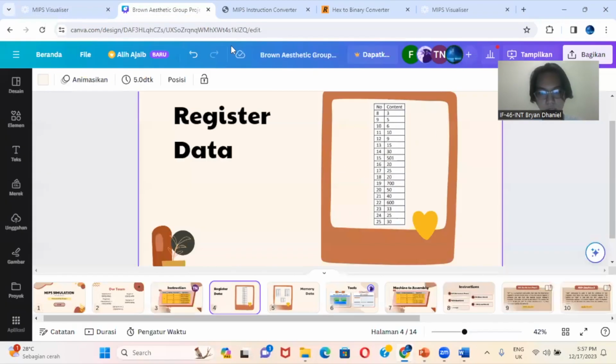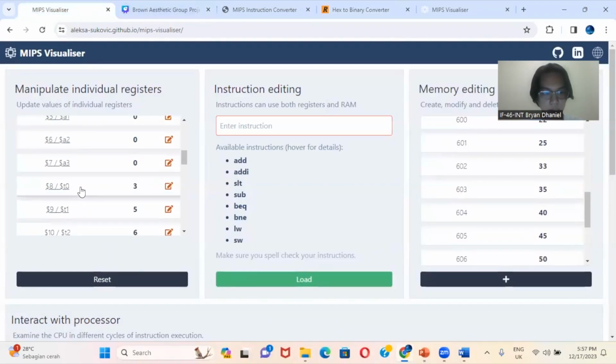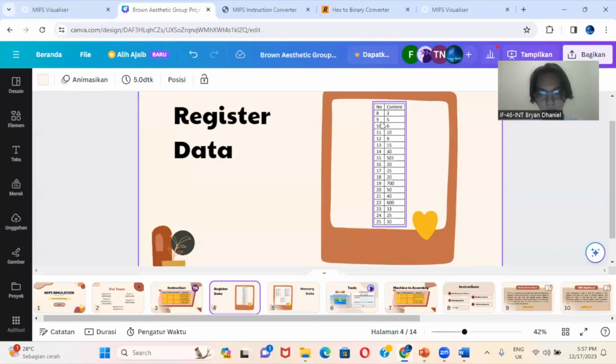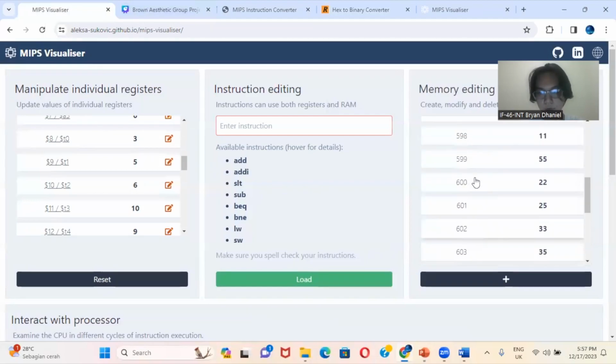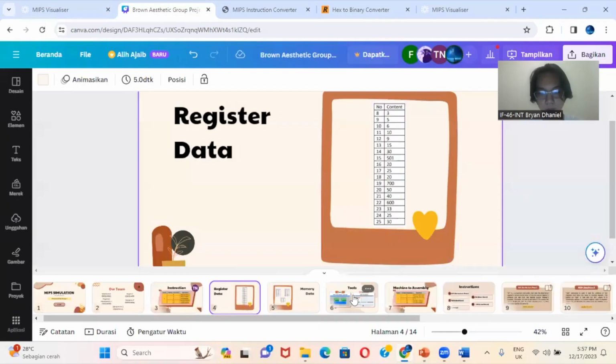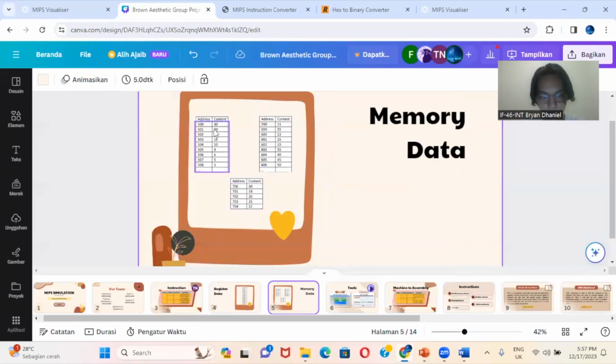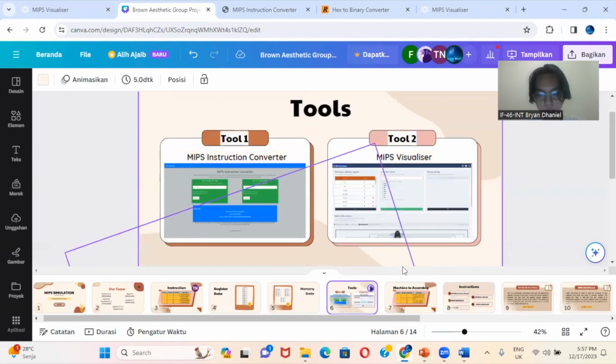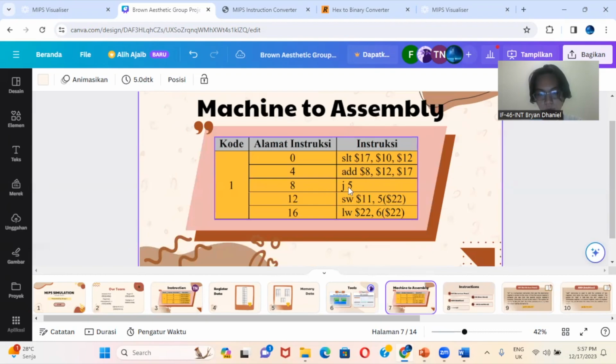So we just need to add this, like for this, we add 8, 9, 12, 10, to number 8 and 10, the content of the value is 356. And for this, we have the memory register also. We just input it, from 500 to 704. And then we already got jump 5.